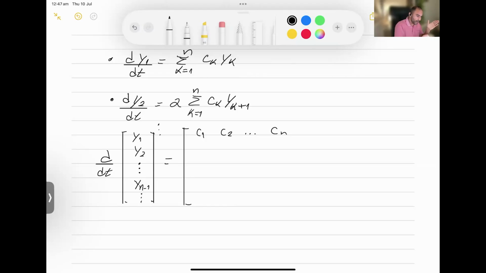And then if you move to the case with y equal 2, you see that y is now shifted by 1, k plus 1 there. Remember y2 here on the top, as you can see. So everything is going to be shifted by 1 with a factor of 2, right? So you're going to have 2c1 here, the continuation here is going to be c2, and so on until cn, just shifted by 1. And you're going to continue doing that